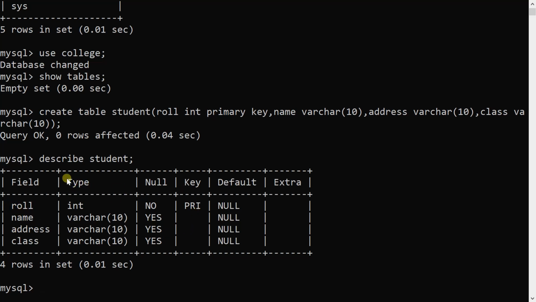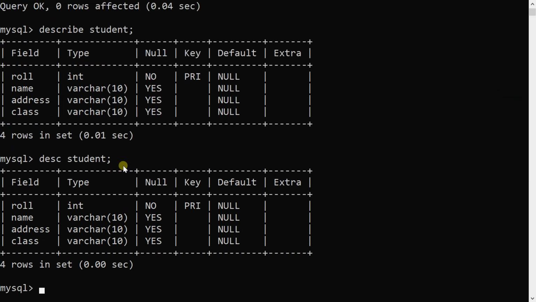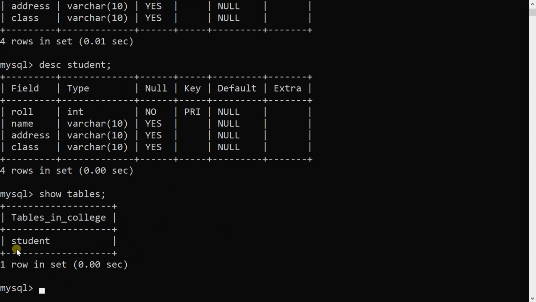That can be seen by executing describe table name. So here we are using describe student. Instead of describe, I can use only DESC also. DESC student, and you can see the same output. Now if I execute show tables, you can see the student table, which is under the college database. Likewise, I can create any number of tables under the college database.